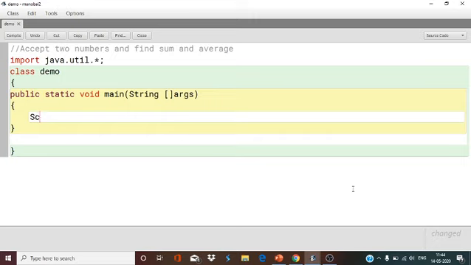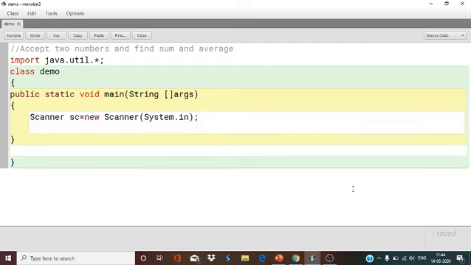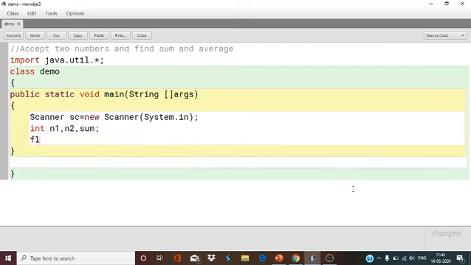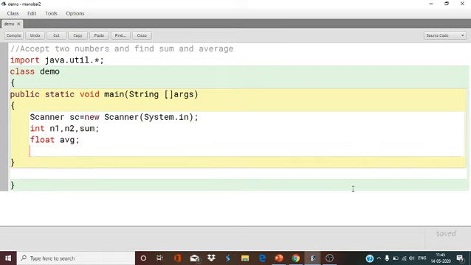Scanner sc equals new Scanner(System.in). Two numbers: int n1, n2, sum and average. Now I will accept the value of n1.